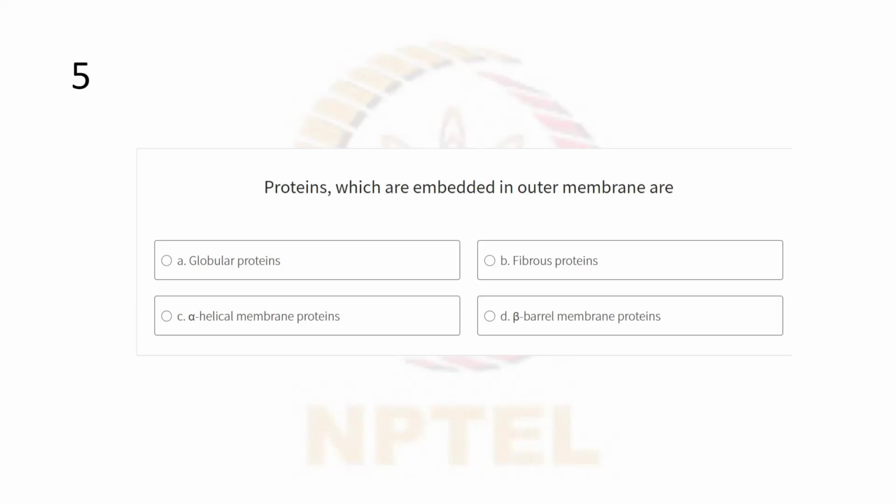So moving on to the fifth one. Proteins which are embedded in the outer membrane are known as